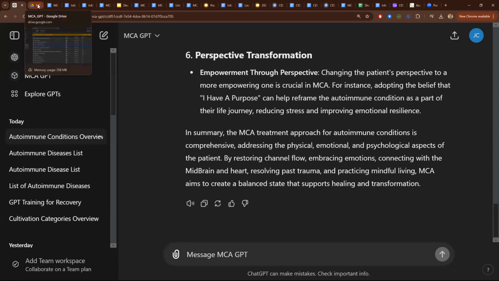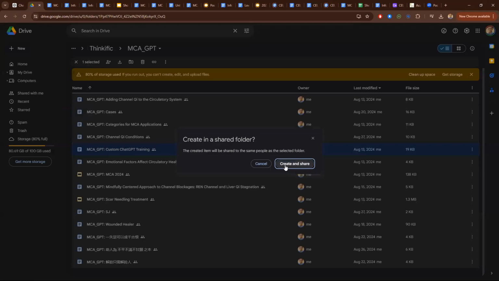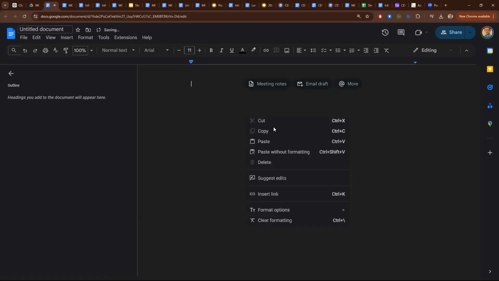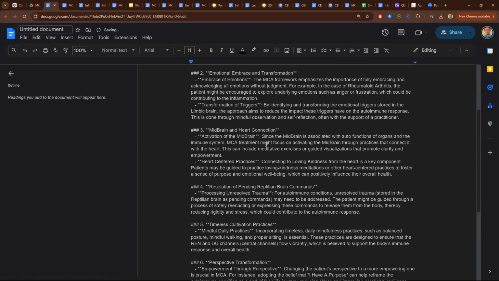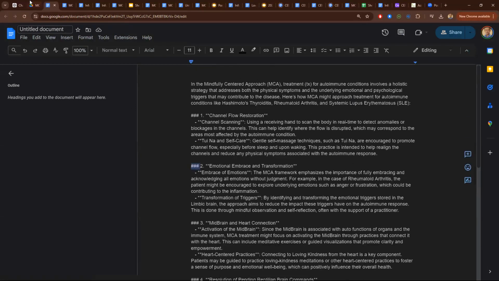And what I normally do is I will go back into my Google Drive, for example, and I will create a new document, and I'll say create and share, basically create, because this is a shared directory, and I will just do a paste. So we'll paste it, okay, but the format is all messed up. Okay, so there's another way to do this,